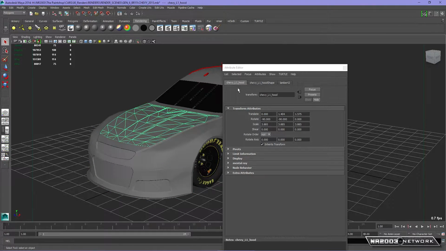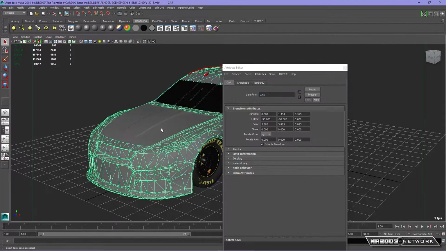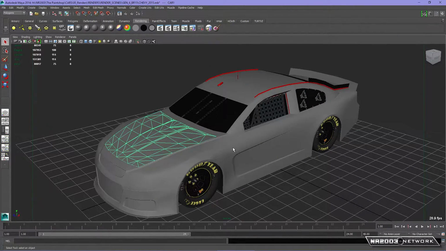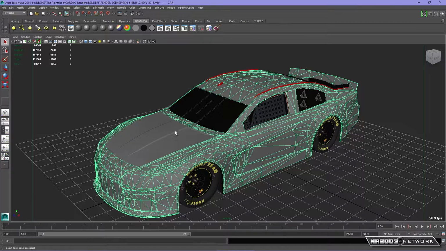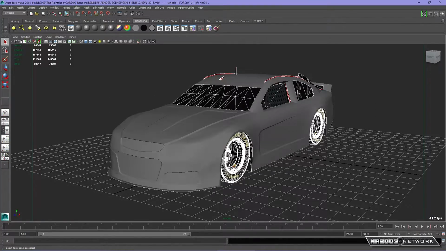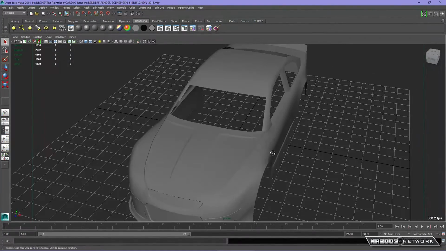Let me make sure here. Actually, I think for here just name it car 1, but it's the same shader, but there we go. So car and car 1. Let me smooth that over. But anyways, really all that matters is open up your scene in 3ds Max, or if you got a Blender or whatever. Make sure you've either deleted everything else, or